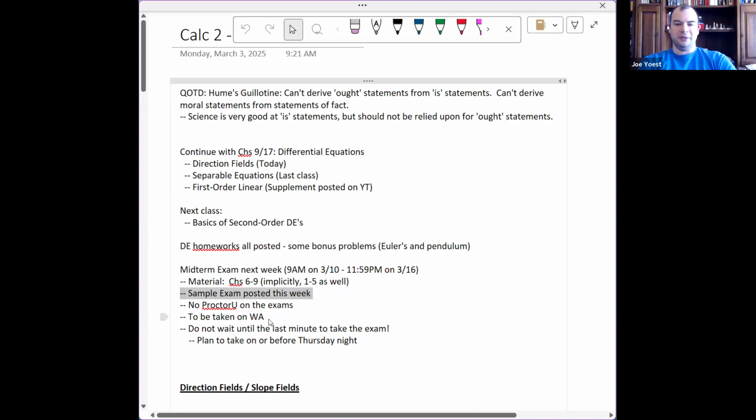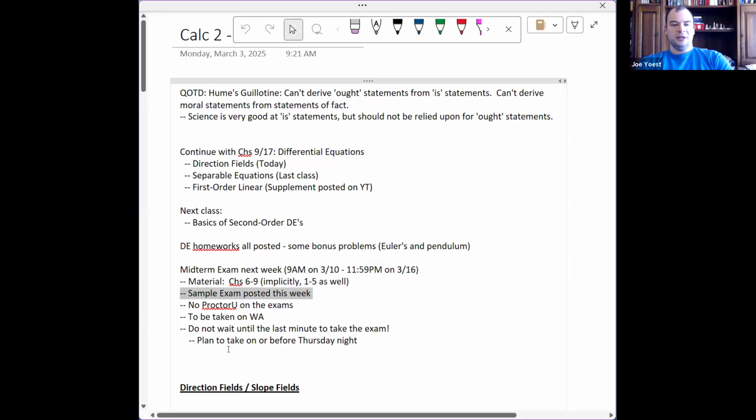If you're developing a review plan, it's probably a good idea to review a bit of the last half of chapter 5. And if there's anything else that you noticed, maybe antiderivatives for trig functions are kind of difficult for you, well, maybe then going back to the Calc 1 material and looking at derivatives of trig functions might be another way to tackle that. So just keep that in mind as well, that